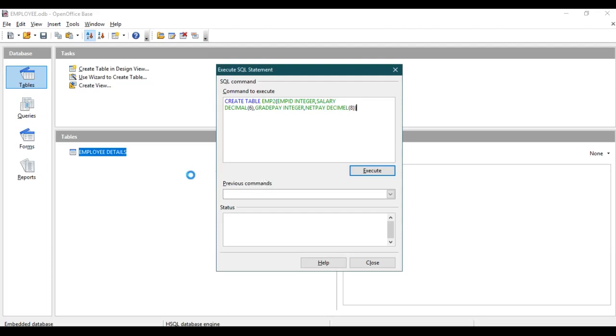So this is my second table I'm going to create. The syntax for creating a table is create table, table name, then you can give the field name as employee ID, then data type. Whatever field name you want to give, you can give along with the data type. So now I entered my query for creating the table. At the end of the statement, terminate with a semicolon, then press the execute button now.